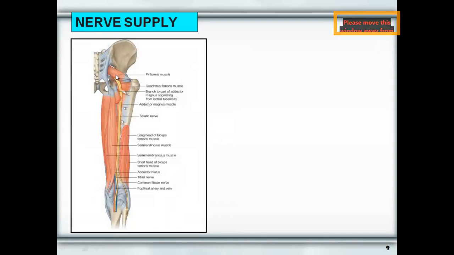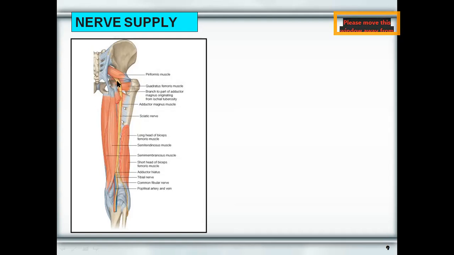Now nerve supply, see we have seen all the muscles were supplied by the sciatic nerve. We know piriformis is the key muscle below which the sciatic nerve is coming, and it is running between the muscles. See the medial one what you have is this semitendinosus, tendon-like muscle, below which you have a wider muscle, that is semimembranosus. Laterally we have the biceps femoris. Okay, if you lift these muscles, we will also see adductor magnus. So that means these four muscles we see in the hamstring compartment, nothing but the posterior compartment of the thigh.